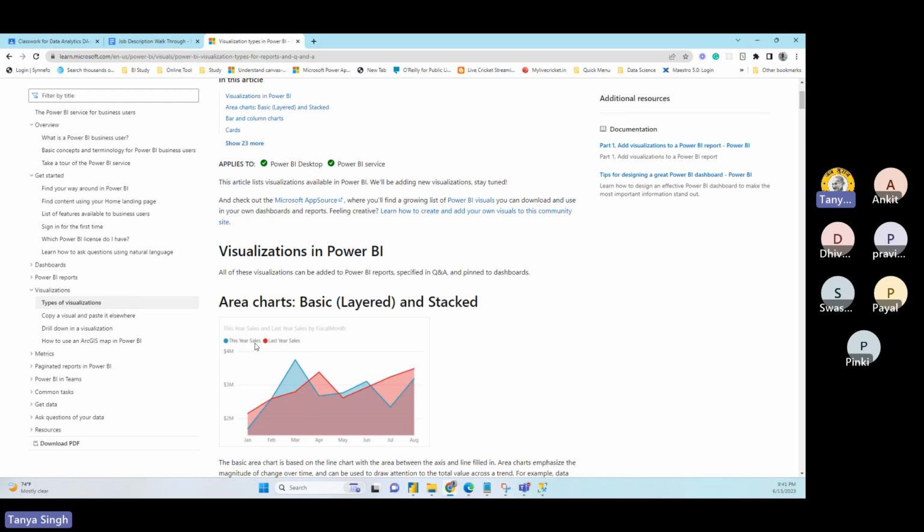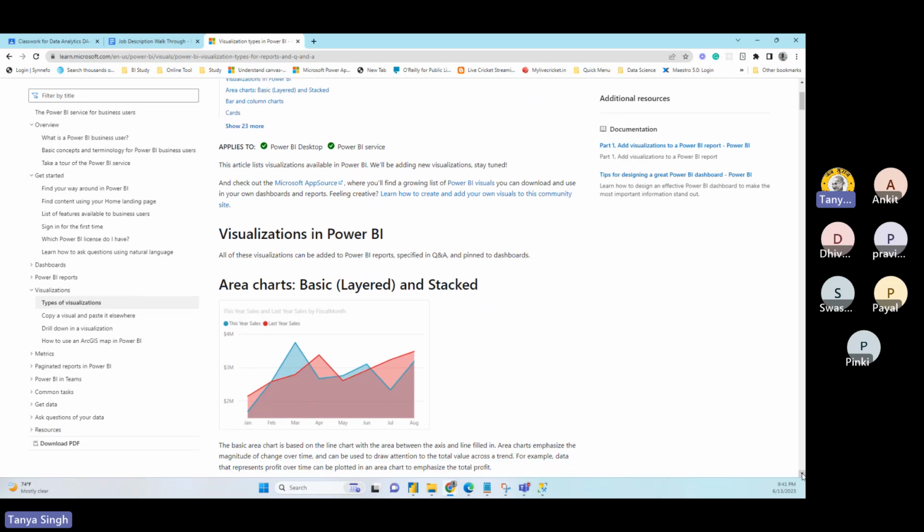An area chart is very good when you are comparing two time frames, like this month versus last month, this year versus last year, or the last 6 months. Those kinds of comparisons are very important. Our expectation is that each year we should exceed, then your business will grow. Something could have happened, and just by seeing we cannot say, it might be the COVID lockdown. If the lockdown is in July, you cannot do anything, but at least you can see that this year, because of COVID, our business is down.